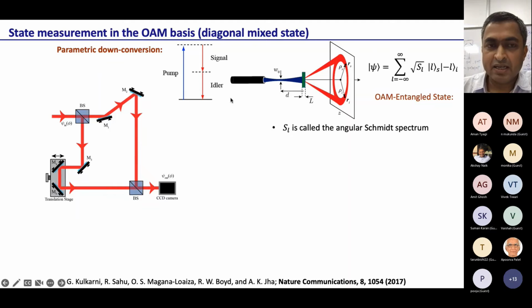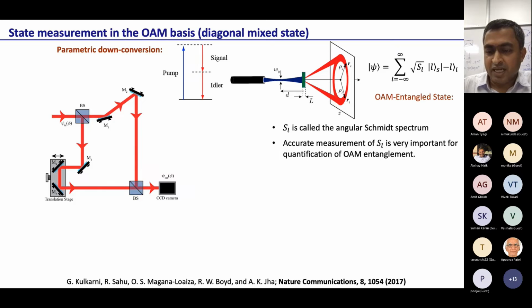So in quantum entanglement, you actually want to make this a state with SL being as wide as possible. That gives the dimensionality to actually work with. This SL is called the angular Schmidt spectrum. And we need to measure it very accurately, but the current methods that people use involve what's called